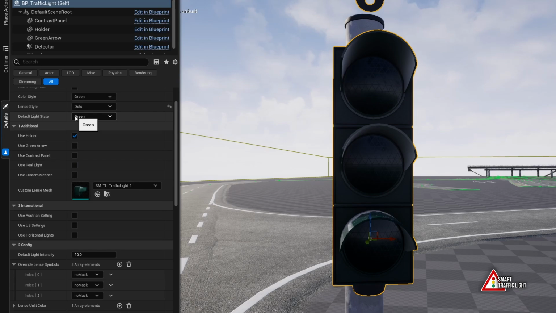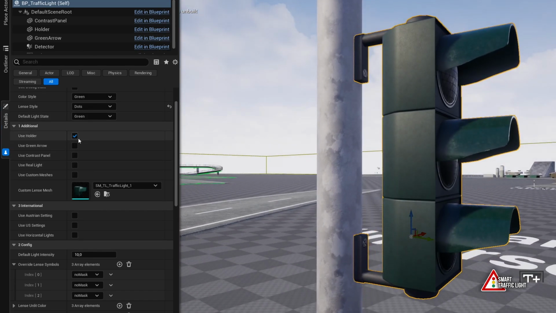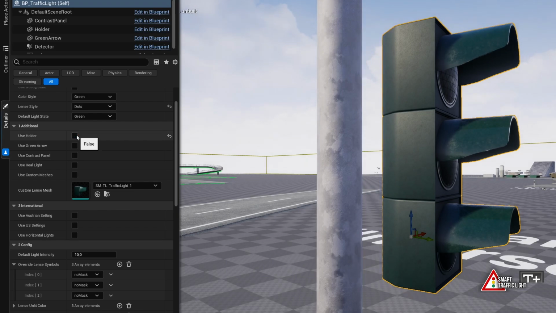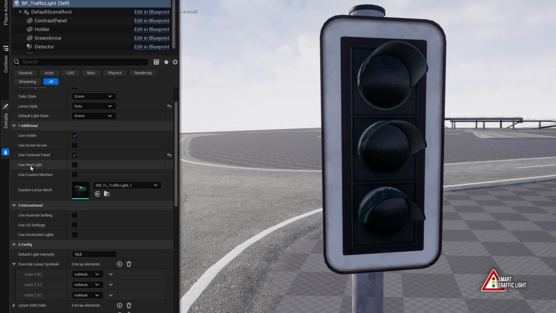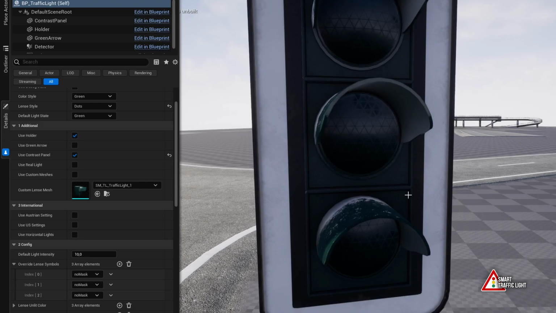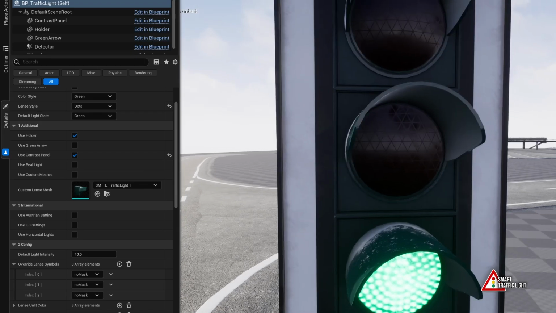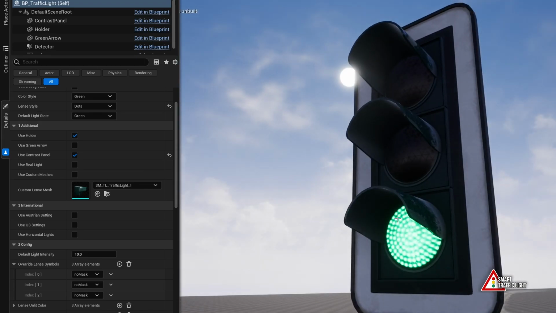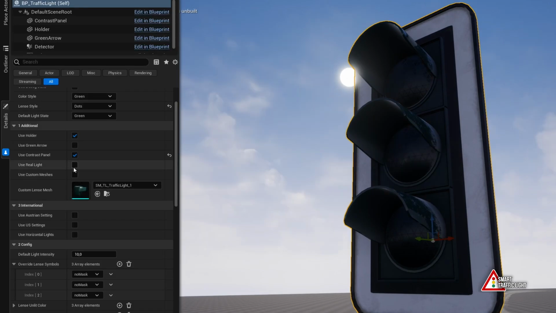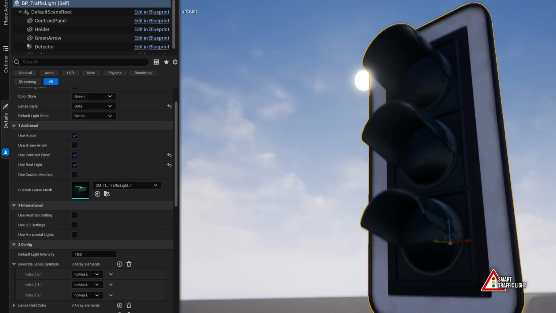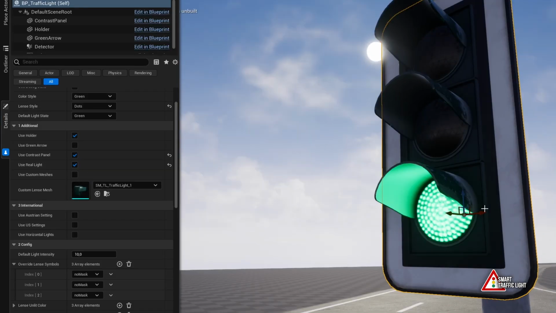When we scroll down now, we have additional meshes we can spawn. So for example, we can add holders. They are here by default. And now we can also set up use real light, which is very easy to understand, because when I start it now, you see that it's blinking, or maybe it's just easily working. But when I say now, hey, come on, use some real lights, it looks like this,